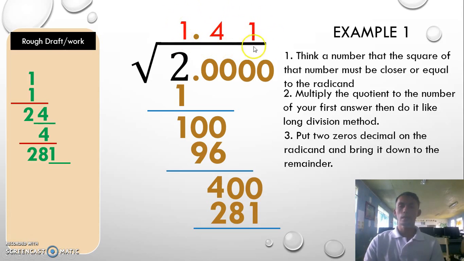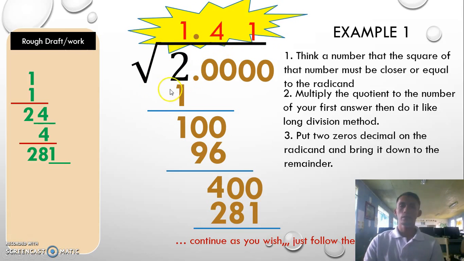This is an approximate, or two decimal digit, value for the square root of 2. If you want to continue the process, just follow the pattern. Again, you add 1 here, then you get the difference of this number. If your teacher is asking for two decimal digits only, then your answer is 1.41. So the square root of 2 is 1.41.